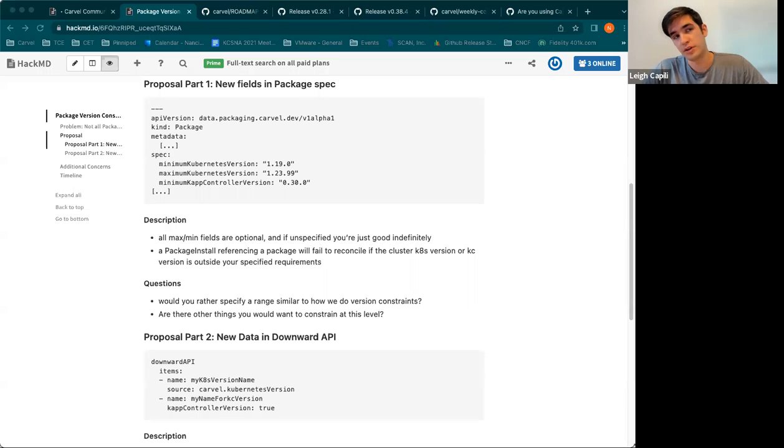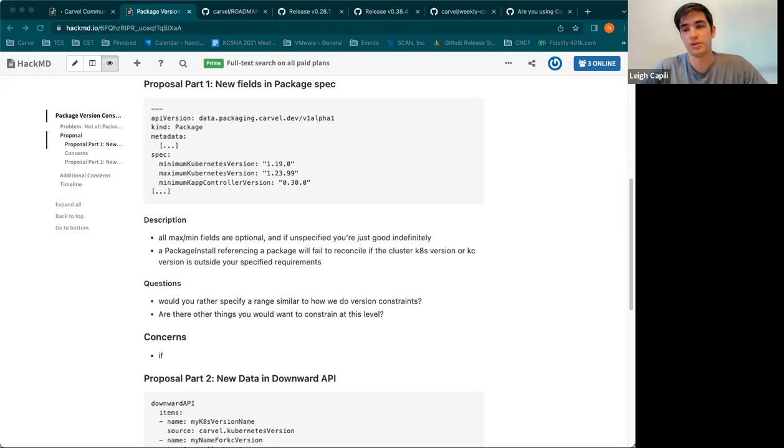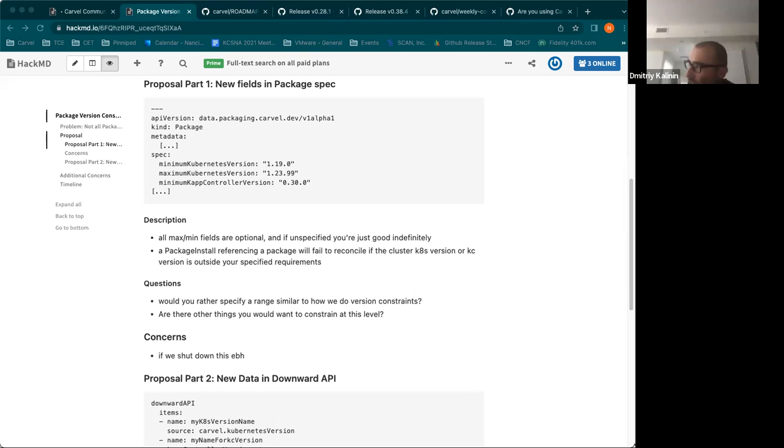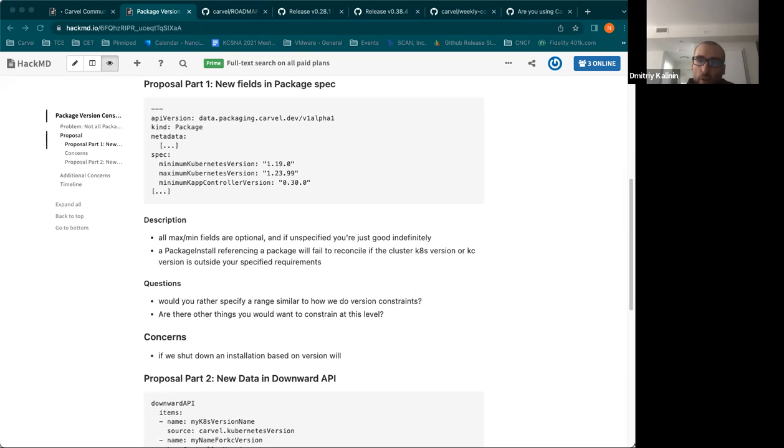So we should help people discover that packages might have problems, but we should be really careful about encouraging package authors to take some absolute stance that says this should not install with this version, right? Somebody should always have the option to override that, and the experience should be more about warnings and reasoning than outright failure. I think that aligns generally with kapp-controller's